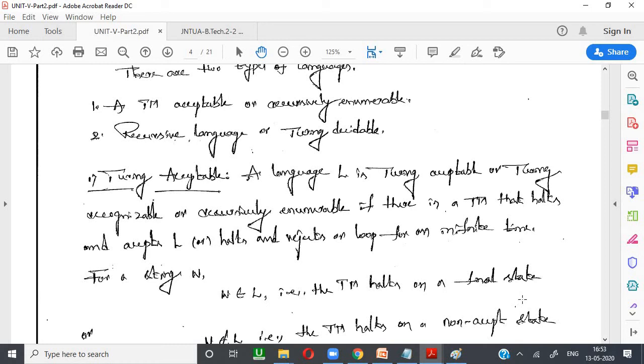For example, I constructed one Turing machine and applied one language on it. If it reaches the final state, we say that it is acceptable. If it reaches a non-final state, we say that it is rejected. One more thing: it will also be rejected if it has infinite loops. If the language contains an infinite loop, then it will be rejected.